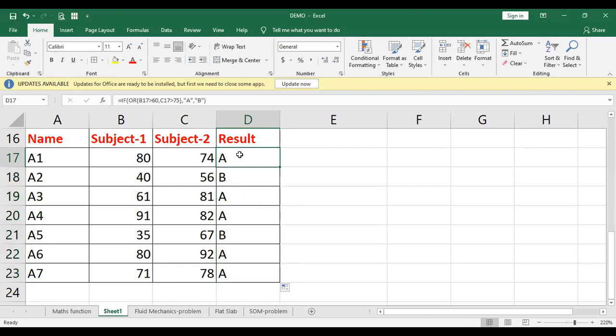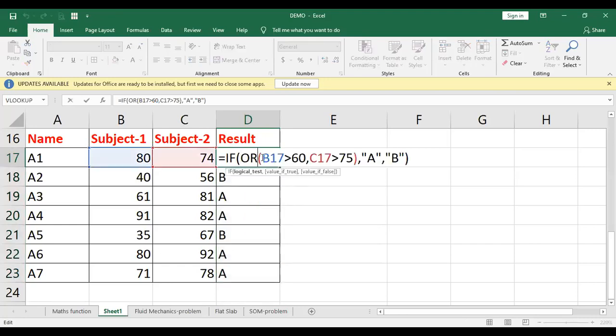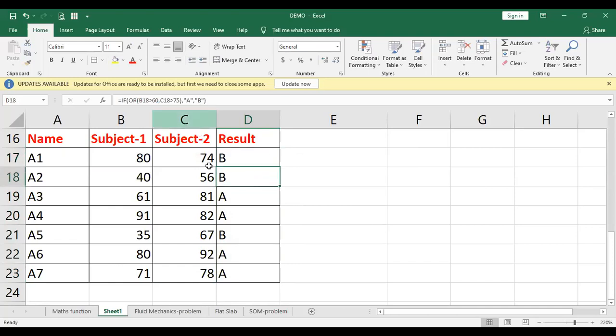If you want to change the formula, instead of OR you want to give AND, I'll just edit this, put AND here and press enter. But the other formulas are not AND. In that case, again, you can just double click here. Either you can double click on it or you can just click and drag. So there are two ways with which you can execute the command. That's how the IF statement can be used.